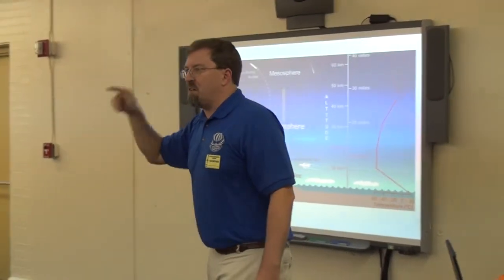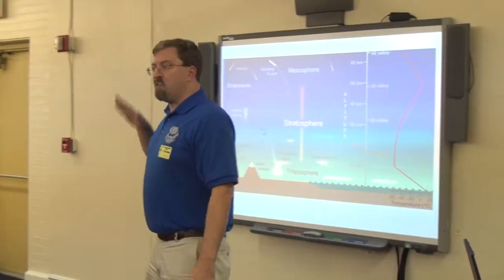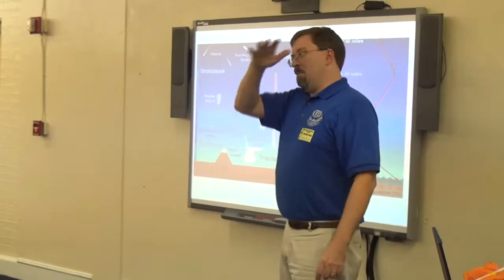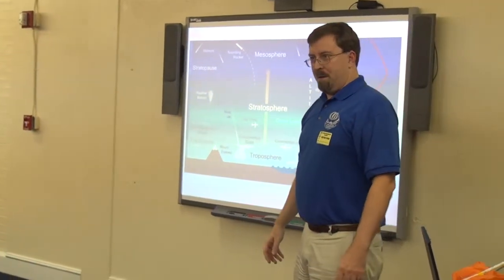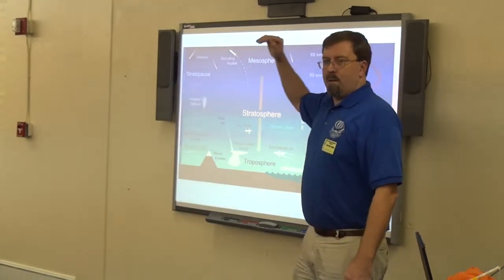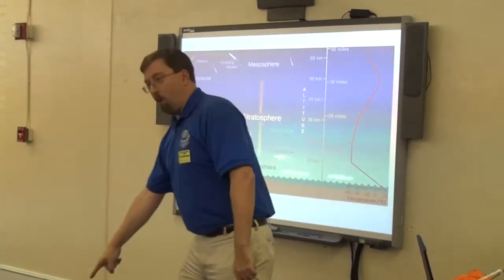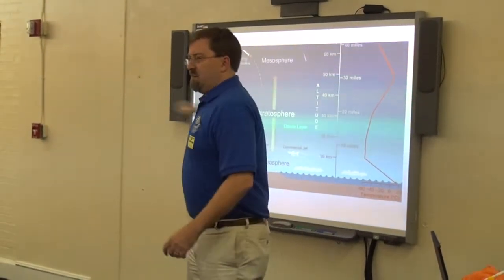But there's still stuff around it. It's very, very, very thin, but there's still air around it. Matter of fact, they have to keep boosting the space station every once in a while with rockets to get it back up again because the air is blowing on it, slowing it down, making it fall back to the Earth. So everything gets thinner and thinner and thinner as you go up. So there is no surface like you would expect on the ocean where you say, oh, that's water, this is air. It just gets thinner.